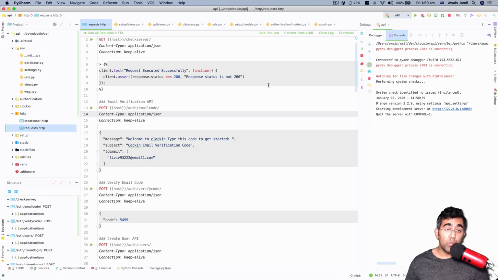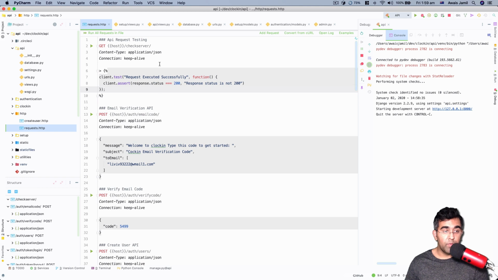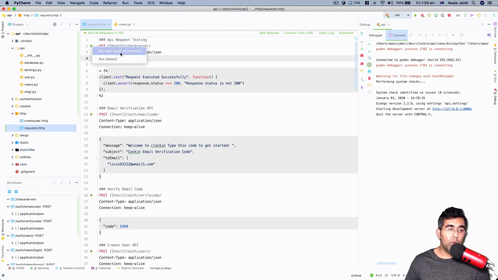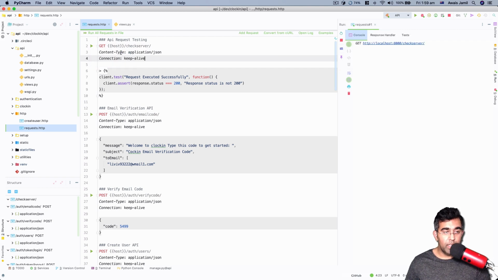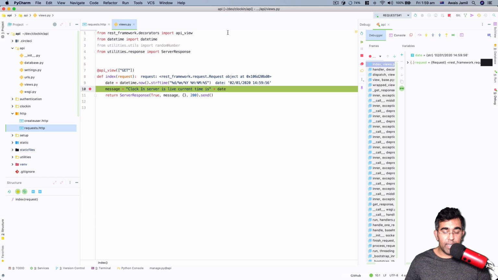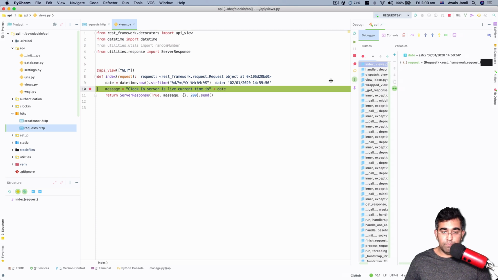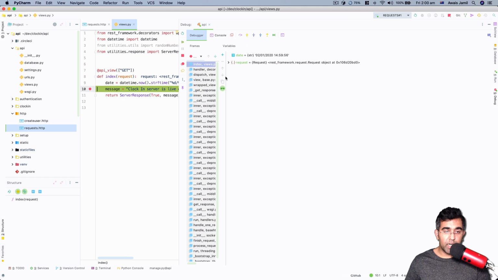You don't have to switch your IDE. It's you right here. So here I've got this check server API, which has a breakpoint there. Let me just close some files so we don't mess it up. Okay, I'm going to click on this play button, and it's going to ask me if I want to run with local environment. I click on that, and it makes a call, and now my breakpoint triggers, and I have a full-fledged debugger